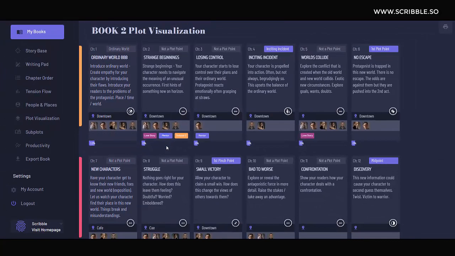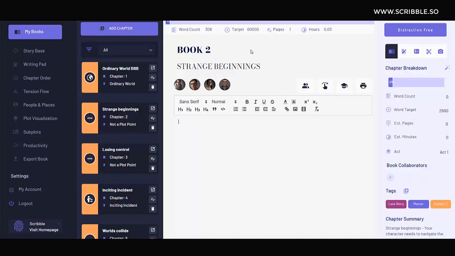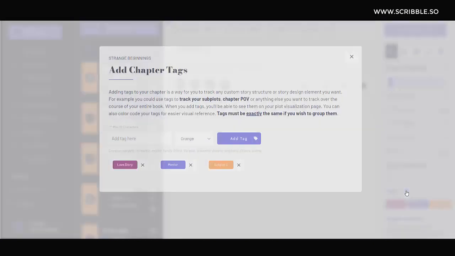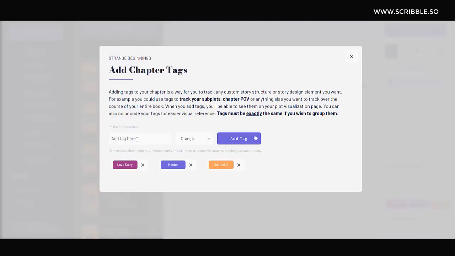Of course, you can map out your plot using sticky notes if you want, but if you want to follow along using the story plotting tool that I'm using here, I'll provide a link to Scribble in the description below. Within Scribble, you can add tags whenever you're on your main writing pad page. On this page, all you need to do is simply click on Add Tags,